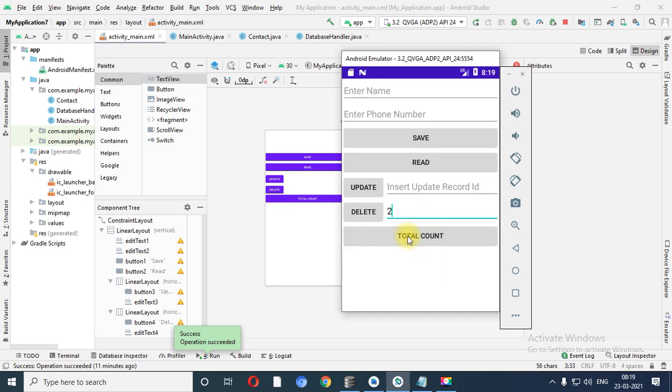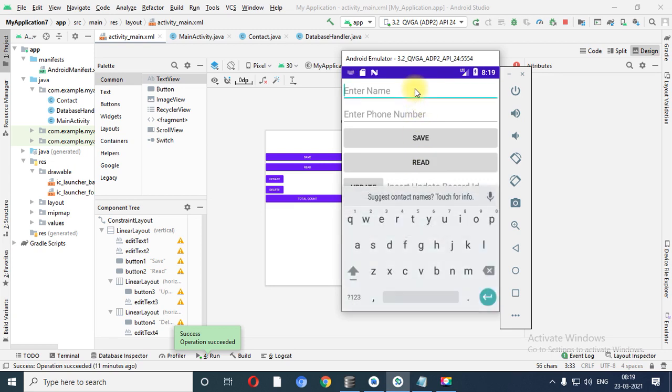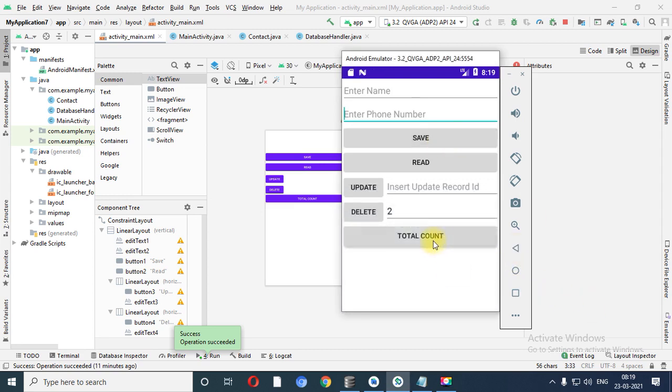Now see what I need to do. Once again I need to enter data. Sudama. And save. Now again click on total count.